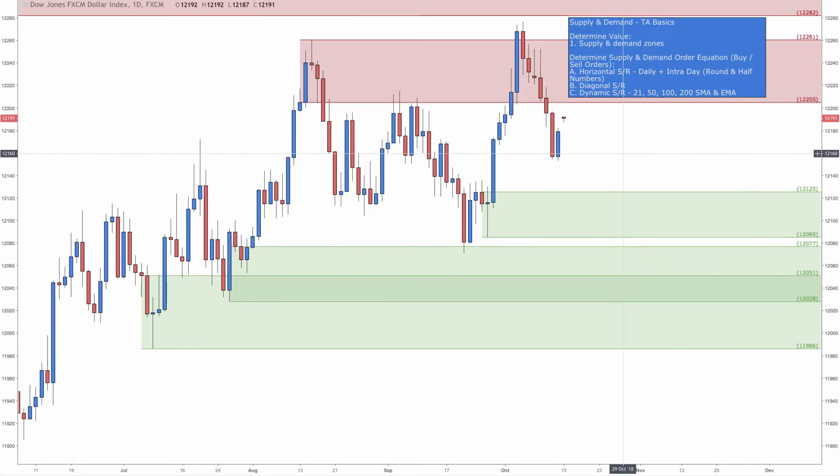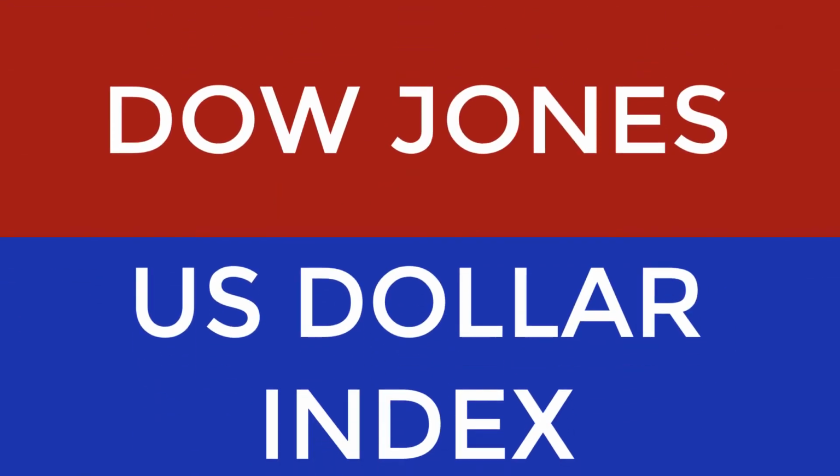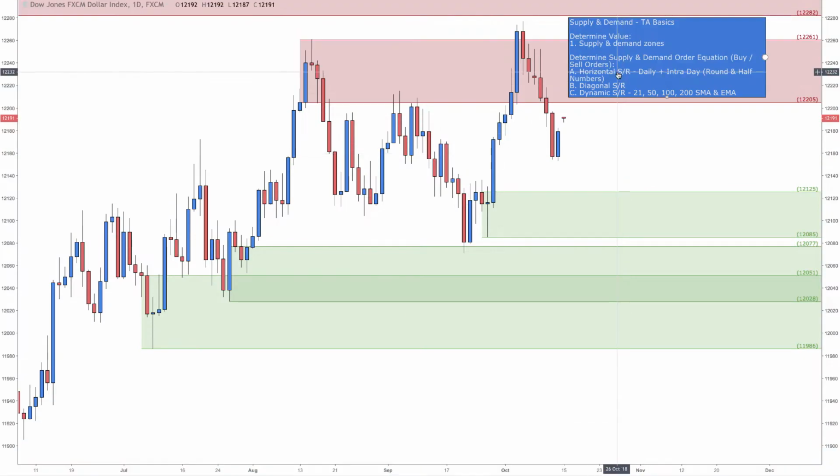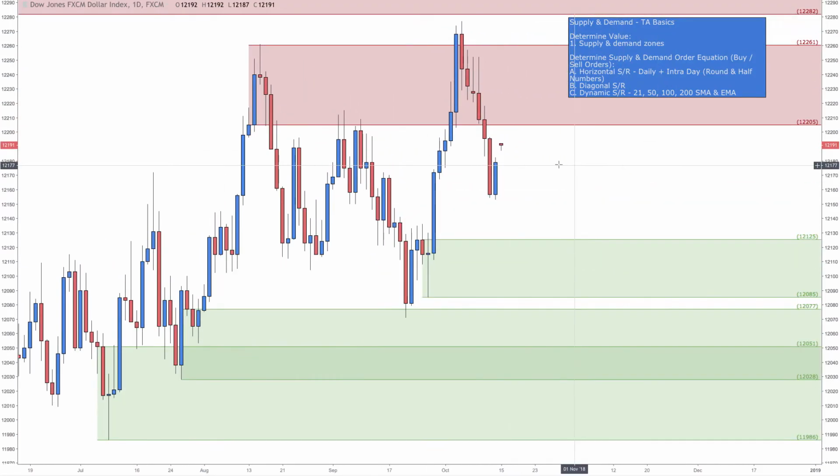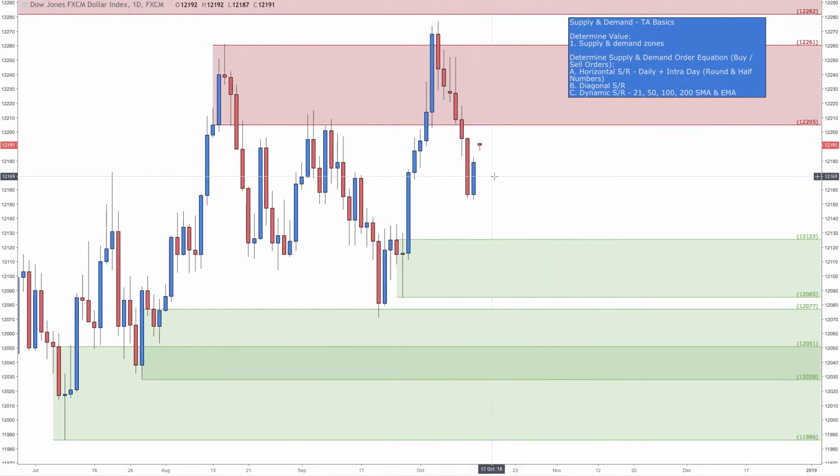So let's get started, as we always do, on the Dow Jones Dollar Index. What we have is a bit of a pullback this week. We did react from last week as well, from this supply zone right here, and on Friday we had a bullish candle, but nothing really as far as